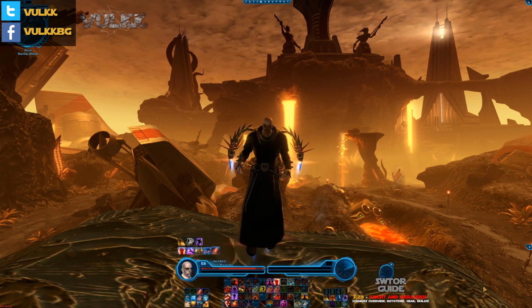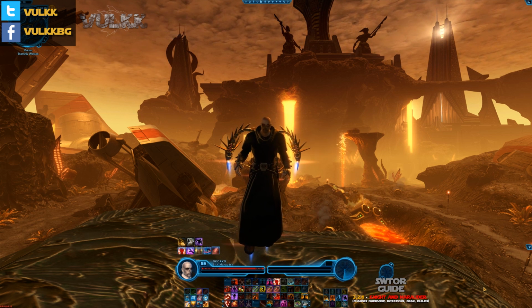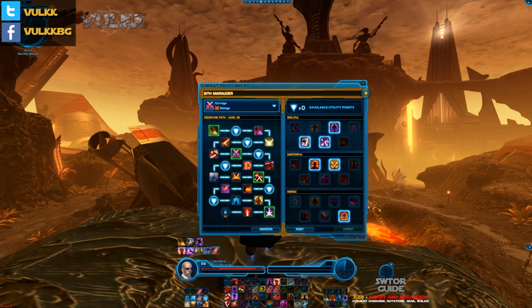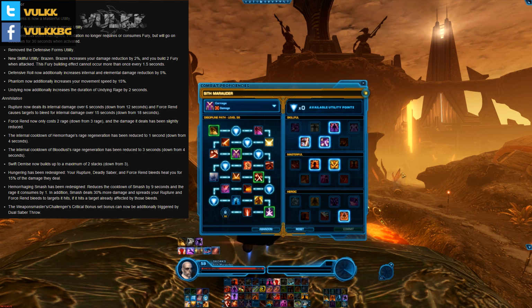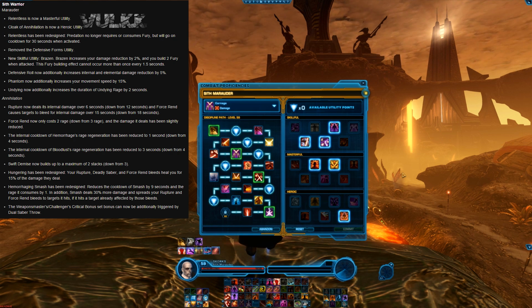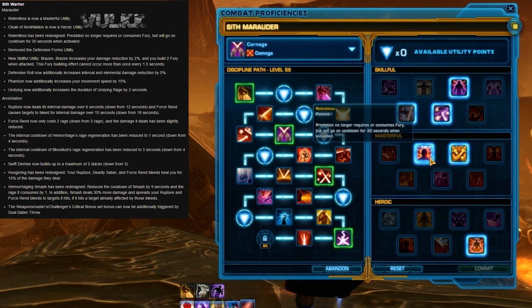For the Sith Marauder, the major changes. Relentless is now a masterful utility. Cloak of Annihilation is now a heroic utility. Relentless has been redesigned. Predation no longer requires or consumes fury, but will go on cooldown for 30 seconds when activated. This is the passive utility Relentless, which was moved to the masterful as we've just heard. It is a very good boost for some fights and obviously a very good update and a change towards PvP